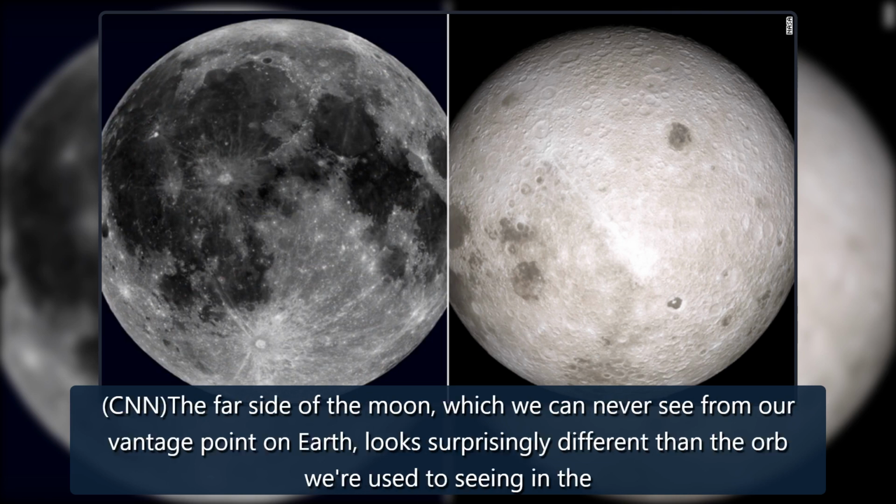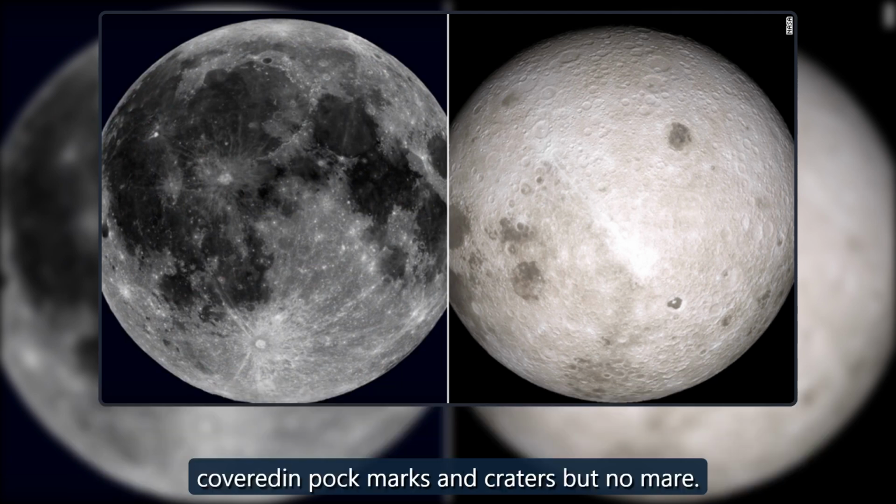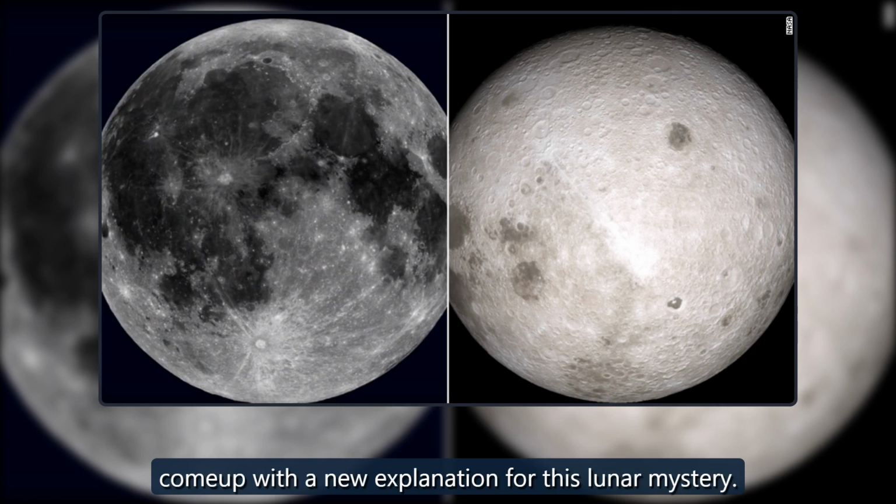CNN. The far side of the moon, which we can never see from our vantage point on Earth, looks surprisingly different than the orb we're used to seeing in the night sky. The near side we are so familiar with appears darker in places, the result of the vast ancient lava flows called lunar mare, while the far side is covered in pockmarks and craters but no mare. Why the two sides of the moon are so different has long puzzled space scientists. However, a study published last week in the journal Science Advances has come up with a new explanation for this